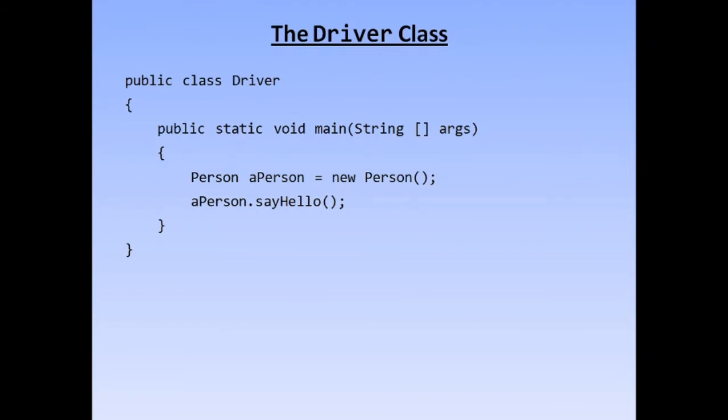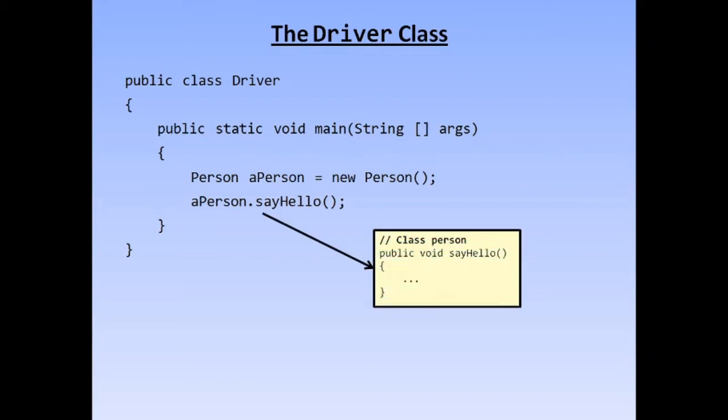Here we are taking up a simple example of creating a simple class, like a driver class. How can we define a class? We have to put the keyword class and then the name of the class, that is public class driver, and then we put the main function inside this class. Inside the main function, we make an object, a person, of the class person, instantiating it, and then we call a method called say hello. Now this person class is defined somewhere else.